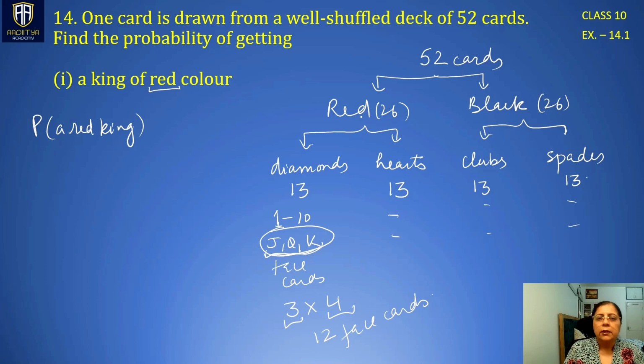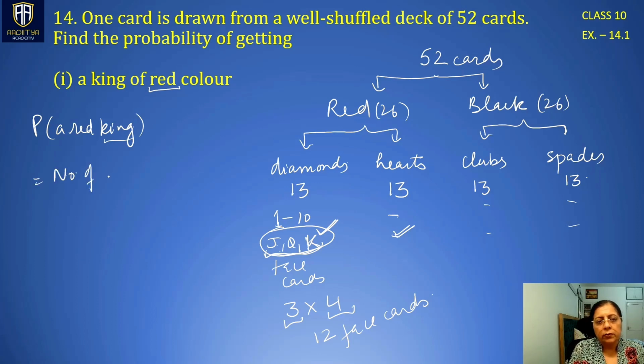And further, red cards have 2 different suits, diamonds and hearts. I told you every suit has got 1 to 10 numbered cards. Then every suit has got 3 face cards, which has 1 jack, 1 queen and 1 king. So we are looking for kings. 1 red king is here in diamonds and 1 red king is here in hearts. So if we talk about red kings,